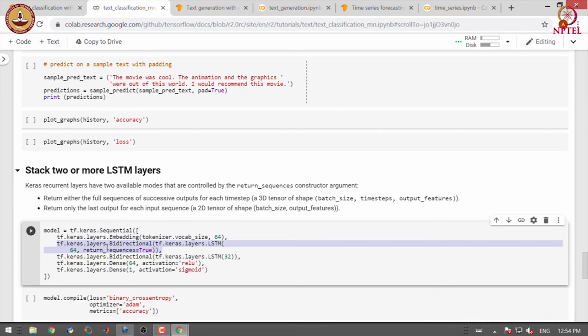Here we set return sequences equal to true, so that we get output from each node. Each LSTM outputs 64 numbers in each direction, so the concatenation that happens in the bidirectional LSTM will result in 128 numbers coming out of this layer. The second bidirectional LSTM will contribute 64 numbers that will be passed into another dense layer, followed by an output layer.